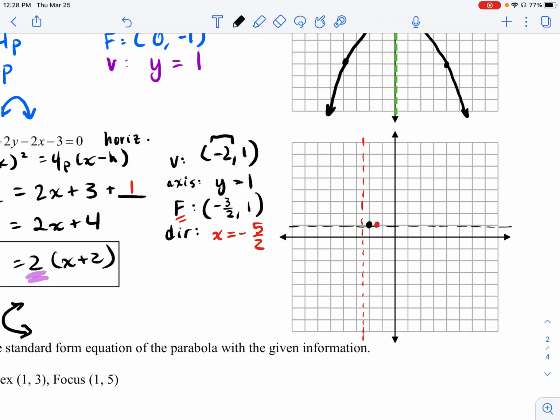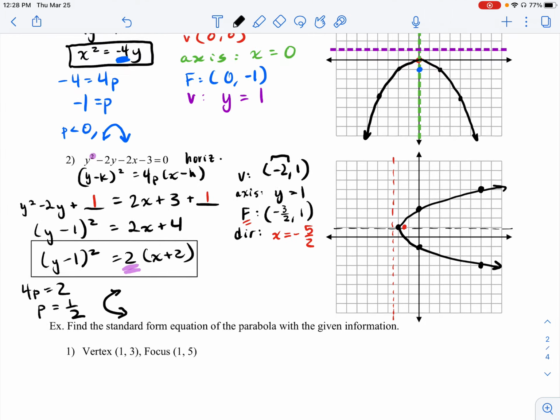And just like we did before, now all we need to do is plug in values into our function and reflect them over. So for example, when x is equal to 0, y would be equal to 3, for example, and I can reflect that over here. And if I plug in another point, something like this, there should be another point. If I reflect that over, I should get this point right over here. And this should be good enough to create my parabola, or at least a rough sketch of it. Okay,